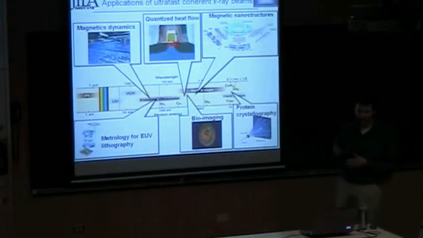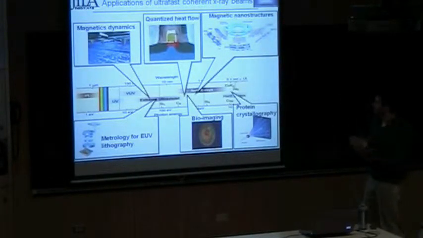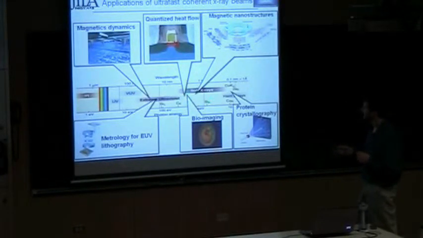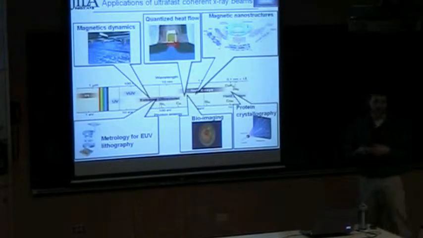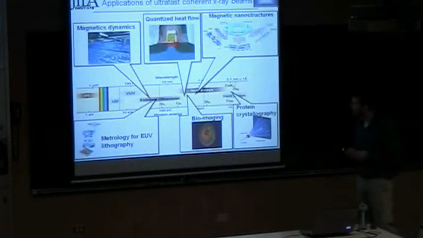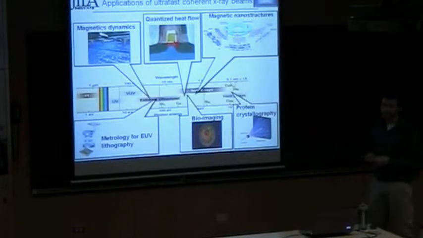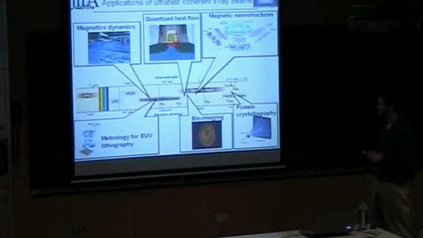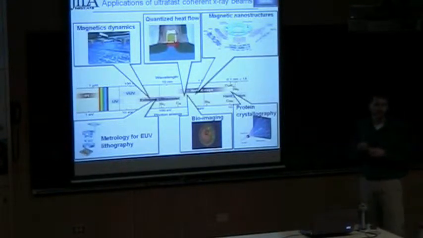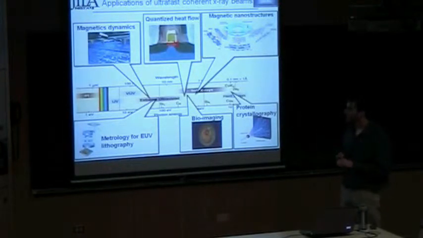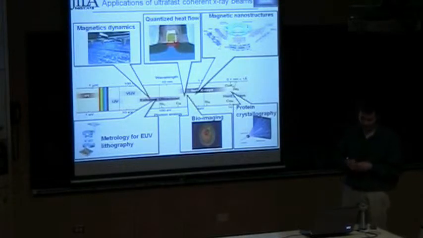So we're not going to have time to go through all of these, but the main point I want to make is that throughout the extreme ultraviolet and soft X-ray region of the spectrum, there's a pretty broad range of applications of ultrafast coherent X-rays. And each of the applications is going to have a specific area of the spectrum where it's going to work the best, whether that's due to the resolution you need, which will determine the wavelength you need, or whether that's due to the fact that you're going to exploit some elemental absorption edge in your material.